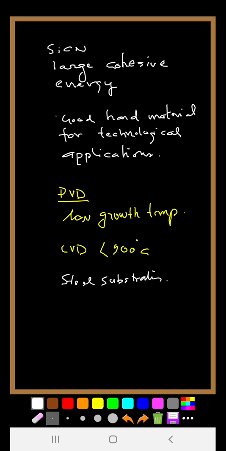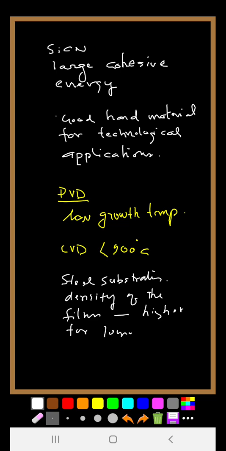And the density of the films is found to be higher for lower values of nitrogen flow. Now, why is this nitrogen flow important? Because of the fact that